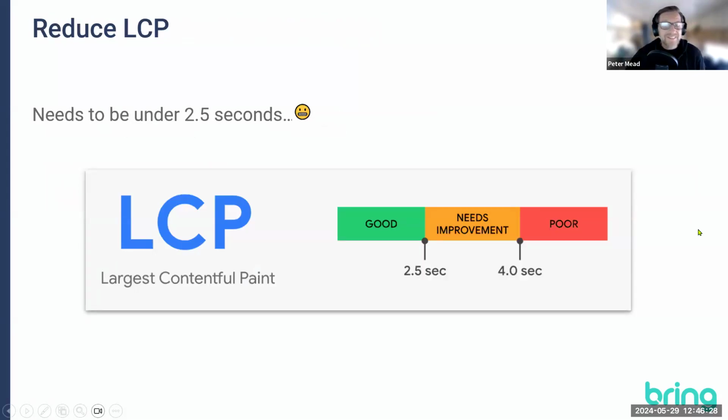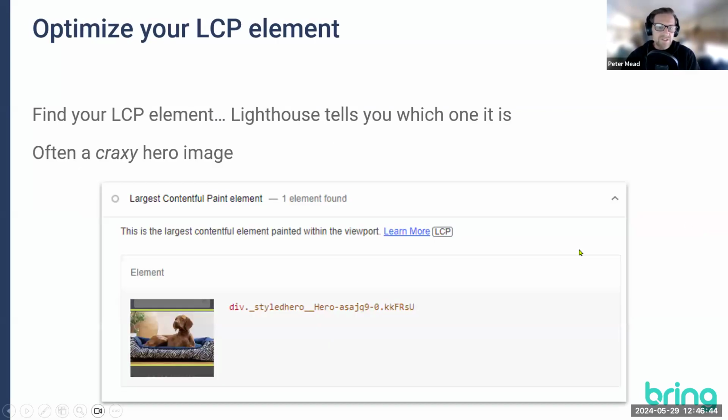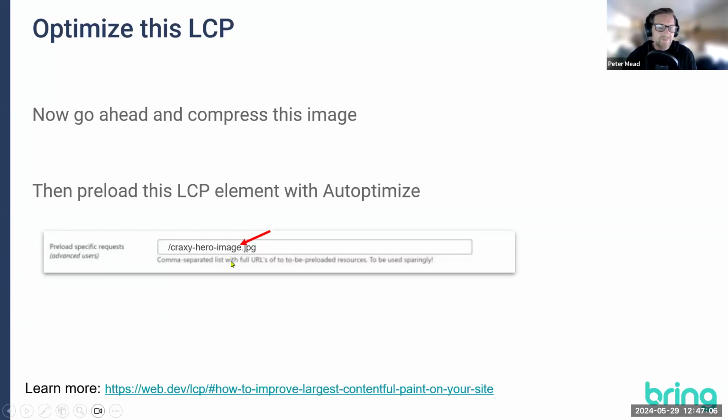Your LCP is the largest contentful paint. So it's theoretically the largest file, usually something like a hero image. Here we're talking about 2.5 seconds for this to be good. It's something like a banner image or sometimes a banner video, whichever the largest element is on that page, which is taking the longest. The PageSpeed Insights tool will show you what that is. It points out what your largest contentful paint element is. Go in there, compress it, squish it down, and